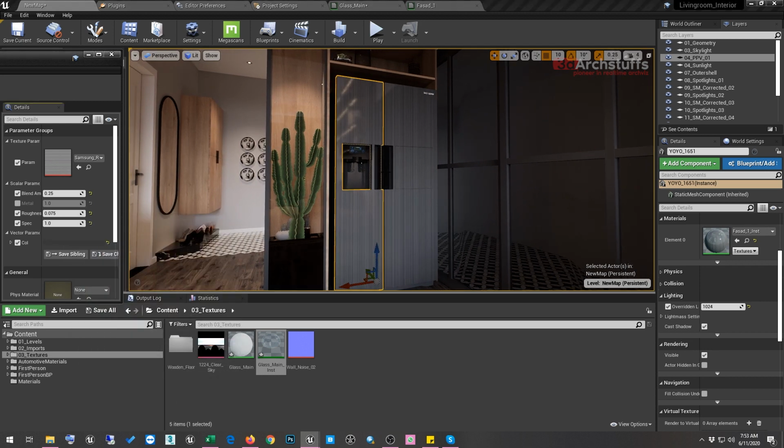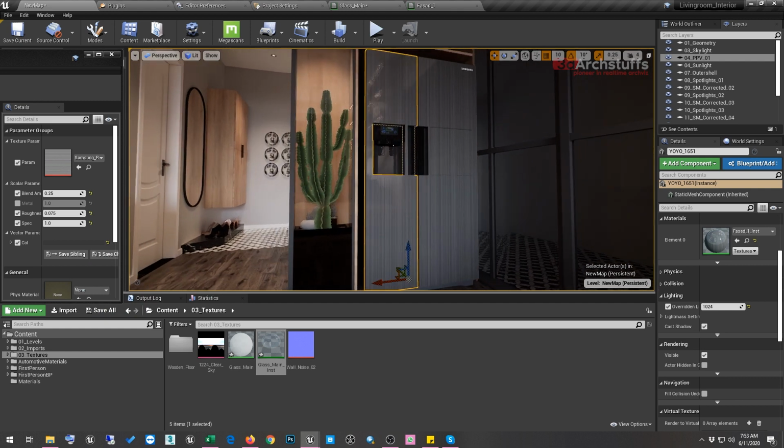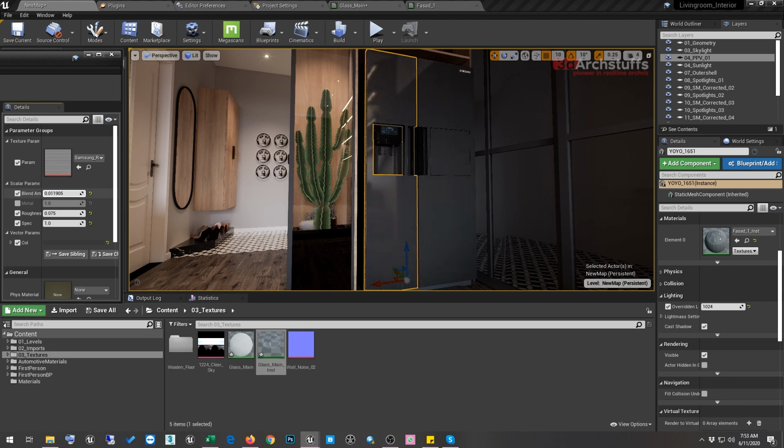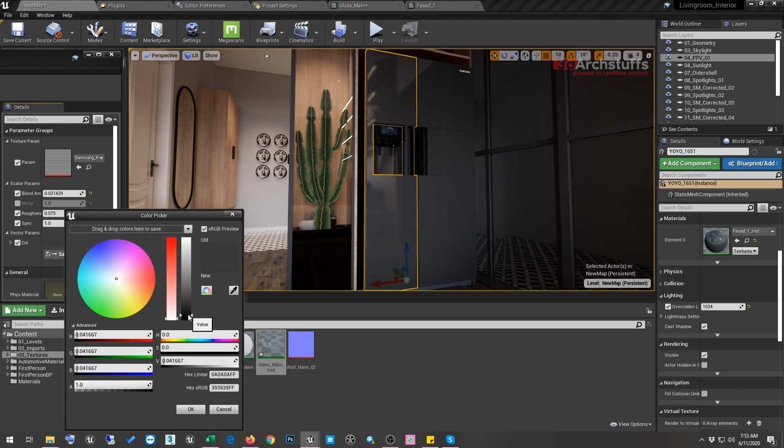And now we want this texture to be less evident, so we can use this blend amount. I'll decrease this blend amount, and then I will go into this color and make this color like this.